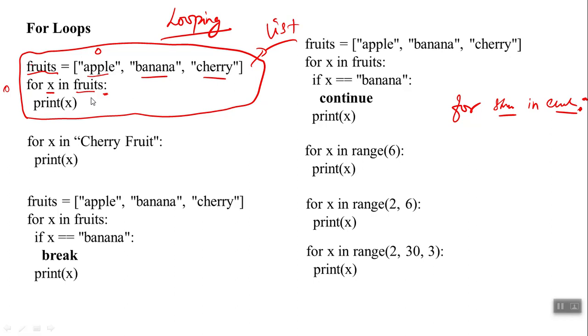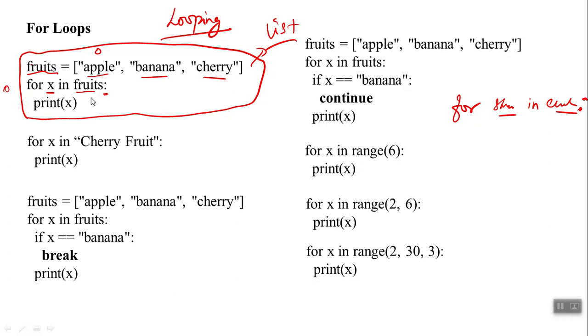Okay, next, range. In the range I have given only one value. If you give only one value in the range, it will start from 0 and end at that particular value. Next, in the range I can give two values, starting value and ending value, so it will start from that value and end with the value which we have given. One more thing is there, increment. If you give one more value, it will be incremented one by one. So that is the thing.